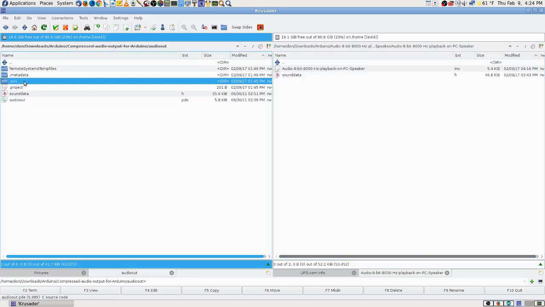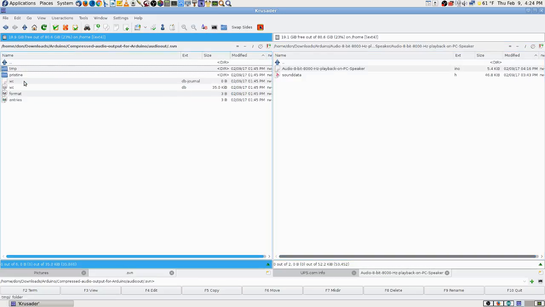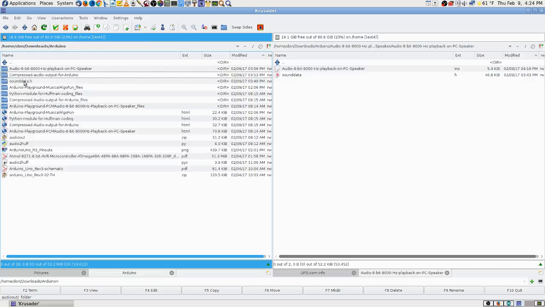And now that SVN stuff there, that came with that particular one, and I'm not sure about that. I think that project file might be from one of those other IDEs, and that stuff didn't end up working. I don't know what those Java errors were in Eclipse, and too hard for me to figure out, but I didn't need to. But the next thing I might want to try is